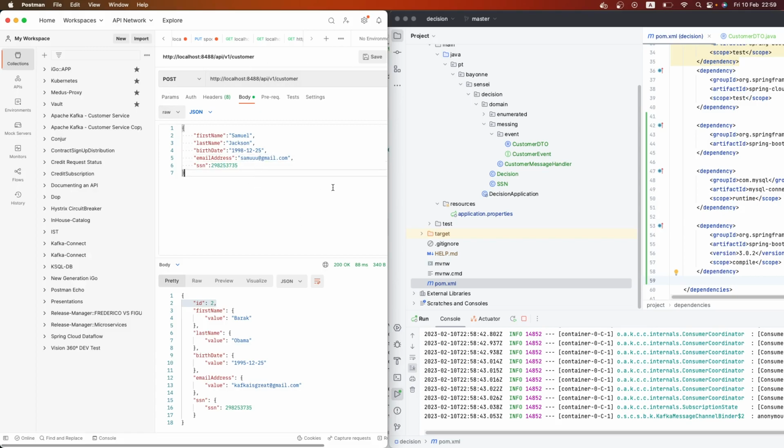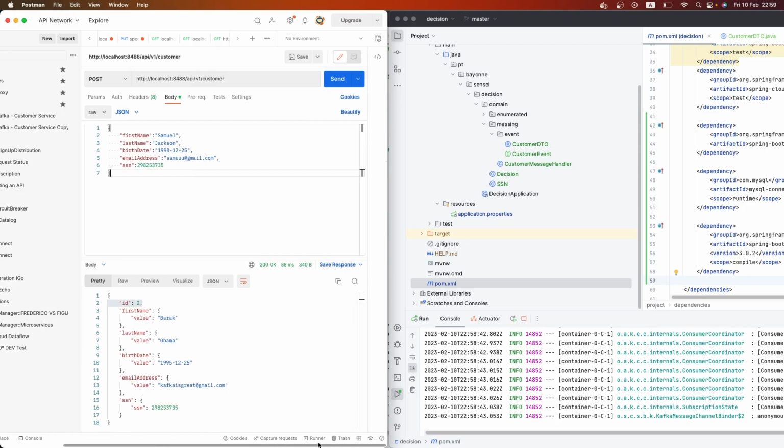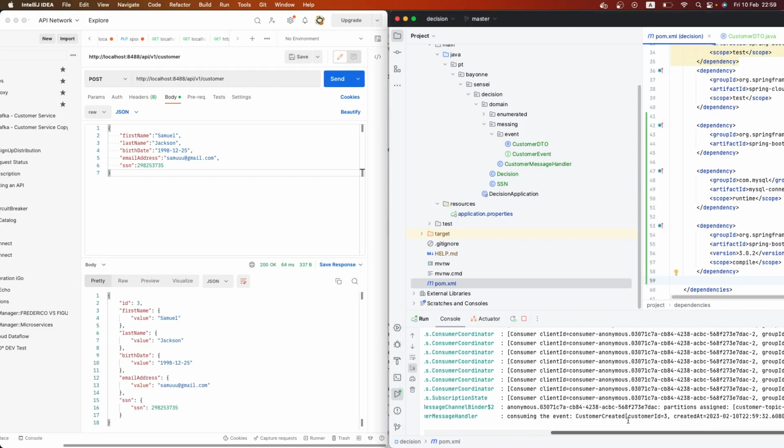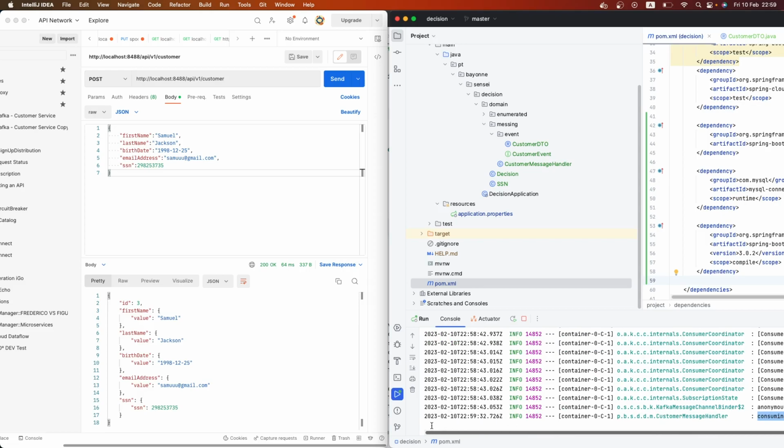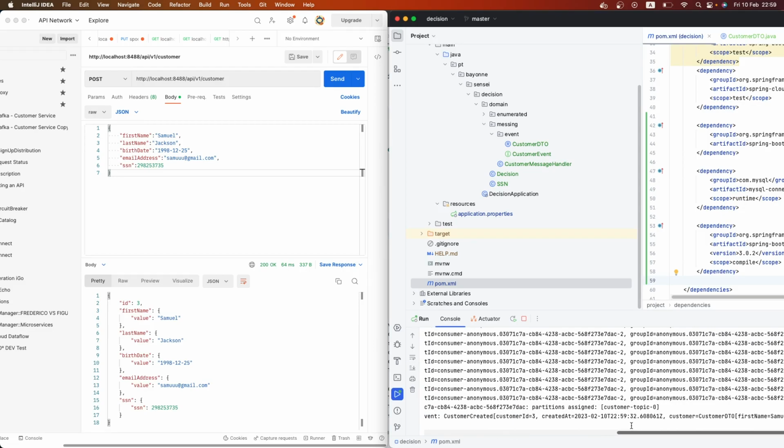Now let's publish the event. And now let's see if the consumer microservice will consume. Okay, as we can see, consuming here on this side, we have a consuming event,